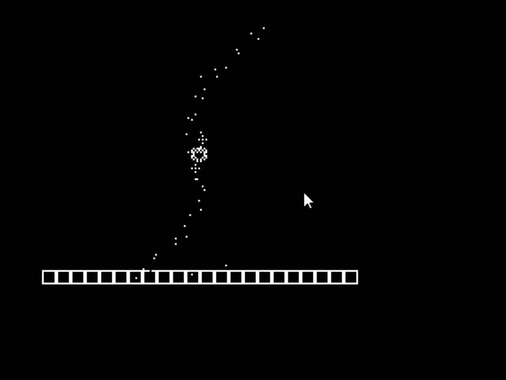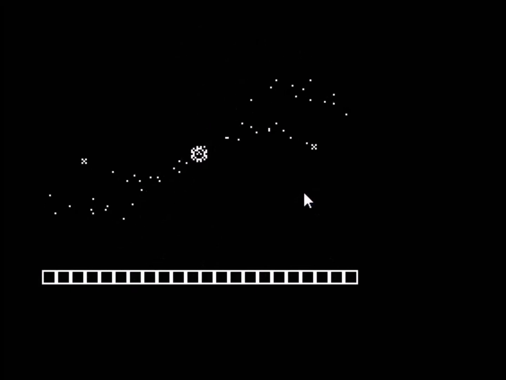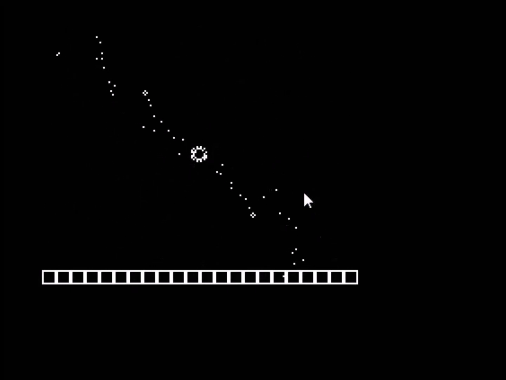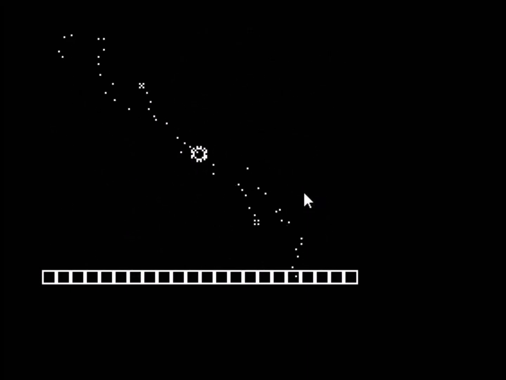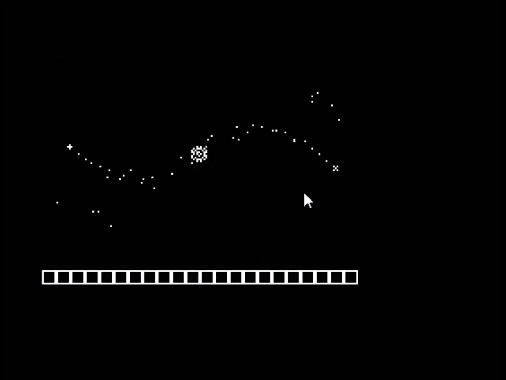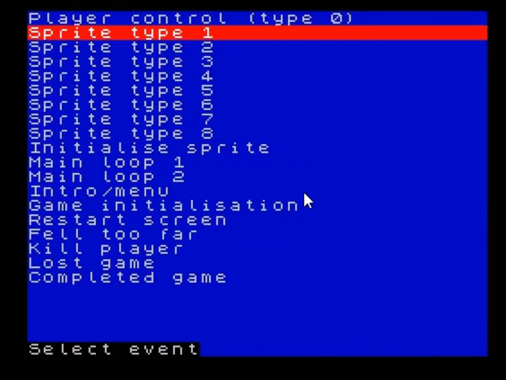So yeah, they look like little missiles firing out, and so not bad at all, really. Pretty good. Okay, so what else could we do with this? Well, there's a couple of other options. We could, for example, create